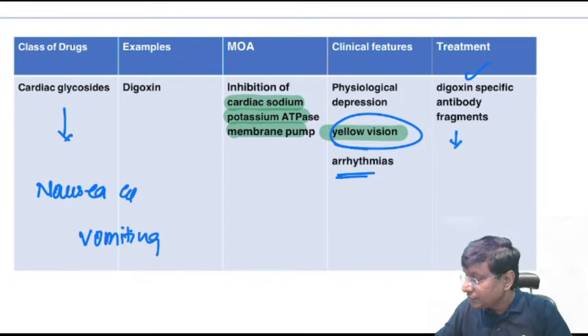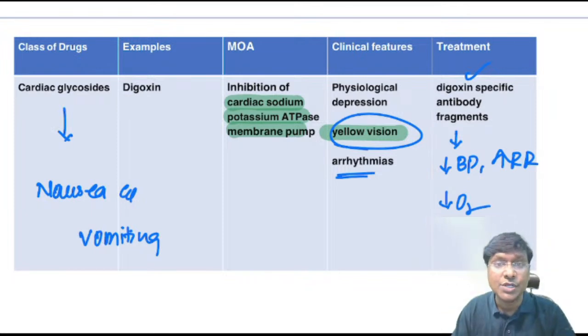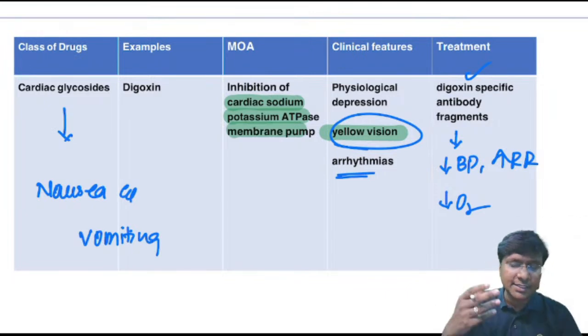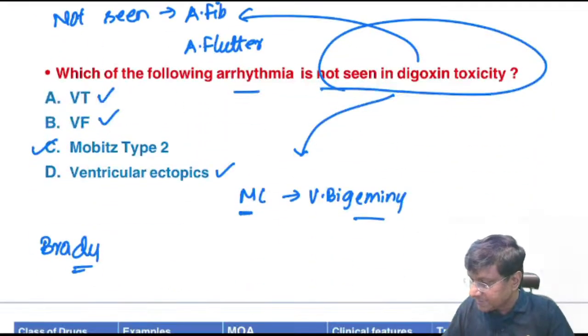So this should be given where there is significant hypotension, where there is increase in respiratory rate, where there is fall in oxygen saturation. So in hemodynamically compromised patients, here we give this particular digoxin specific antibody fragments. Okay, right. And what about the arrhythmias? For the digoxin induced tachyarrhythmias, the drug of choice will be lignocaine, right?